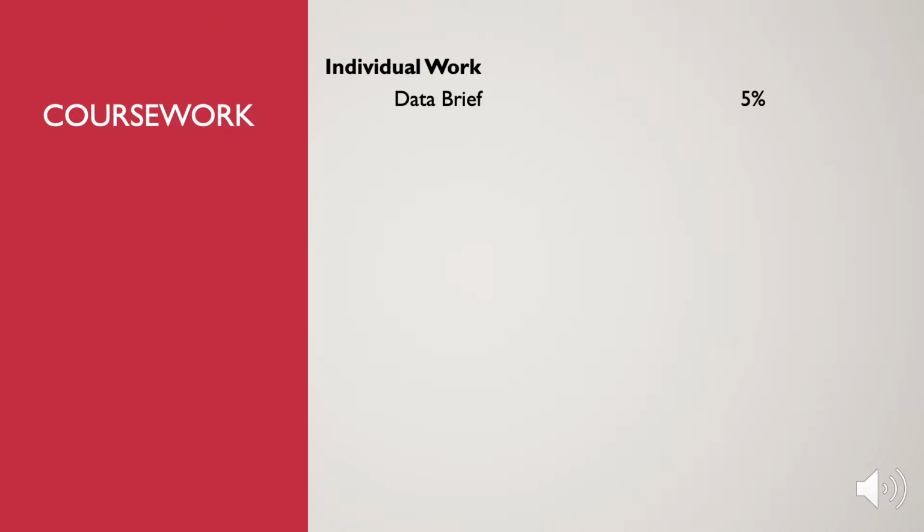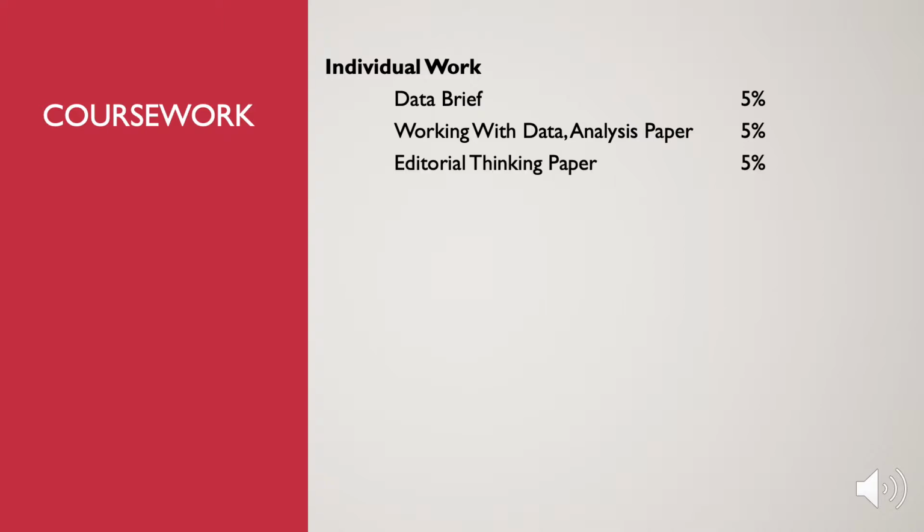So what will the coursework be? We will start off with an initial data brief where you'll explain how you might go about collecting or using certain data to accomplish a certain objective. You will do an analysis paper on how you plan to work with specific types of data. You will also complete an editorial thinking paper where you will talk about the choices and decisions you've made with the data. And finally, these 3 small individual projects lead up to a slightly larger one called your design solution